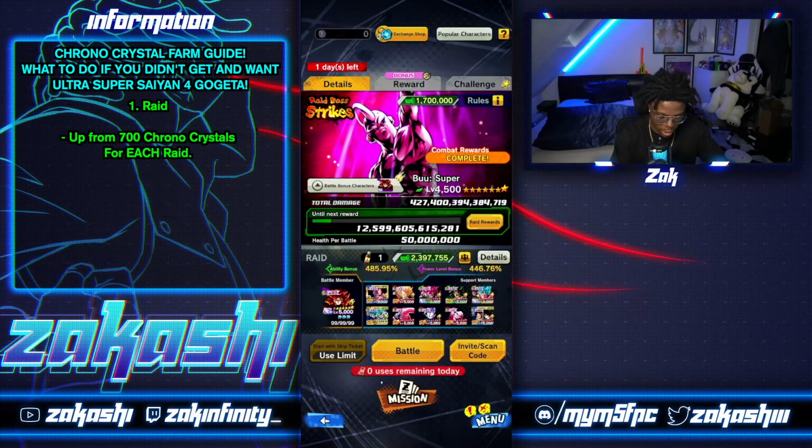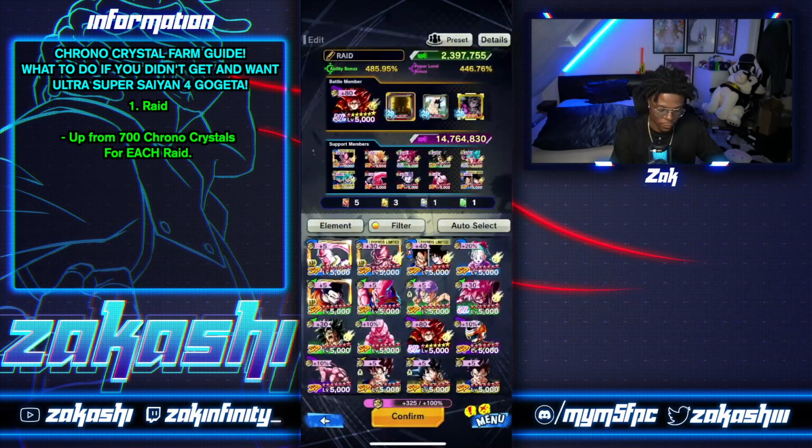So what I'm going to show you here is the team formation. Now, the team formation in co-op doesn't matter that much, but in raid, it's the most important factor to actually getting the biggest drops. So I'm going to go to my team formation here, and if you look by the confirm button, you can see it says +325 / +100%. Now, what you want is to get the 100% so that you can actually get the same amount of consistent